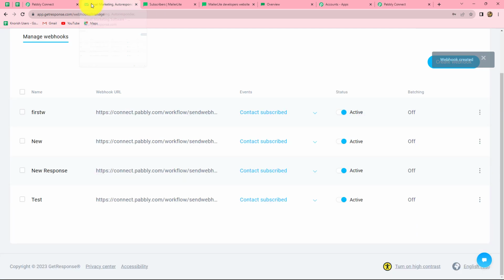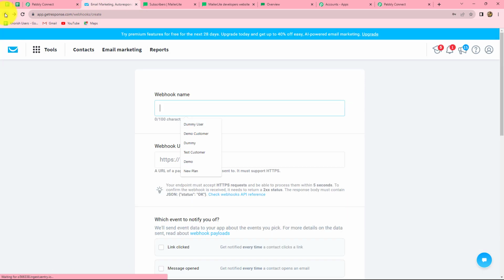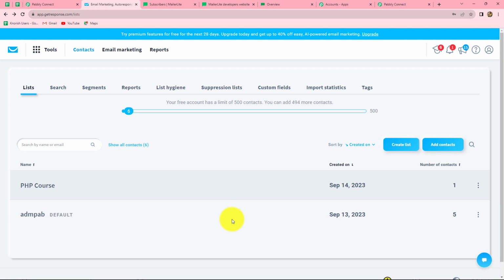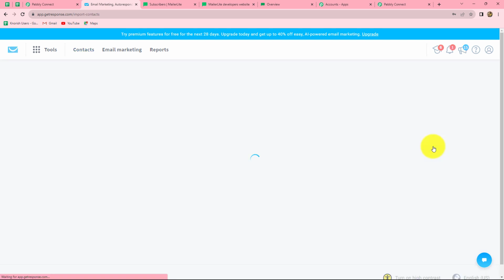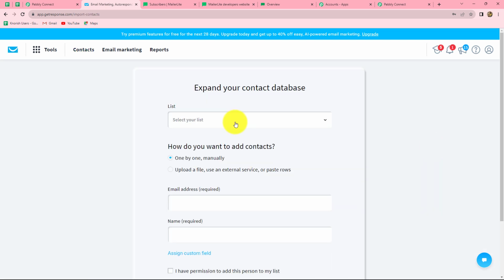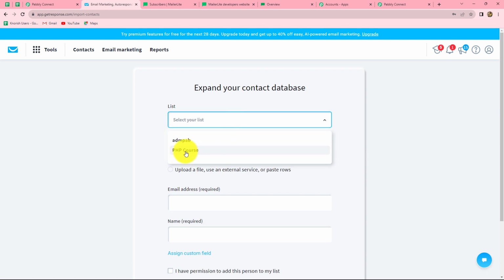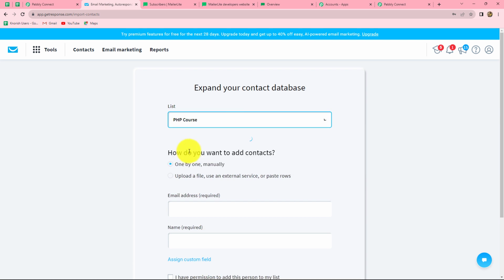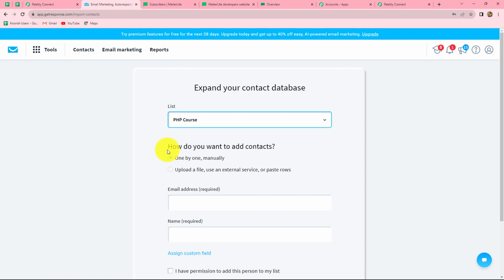So let us again go to the GetResponse account and go to the Contacts section, and here we are on the list of contacts. We can find two lists here, and we have to select one of them in order to create a new contact. So let us first click on the Add Contacts button, and from here we have to select the list in which we want to add the new contact. I am selecting this PHP course list. I want that whenever a new contact is added in the PHP course list, the response should be captured